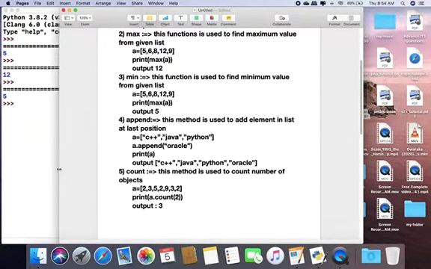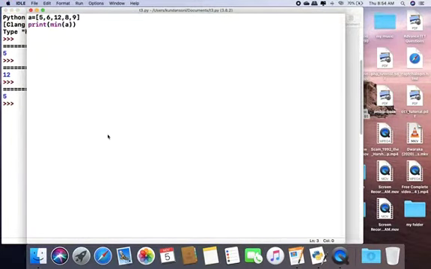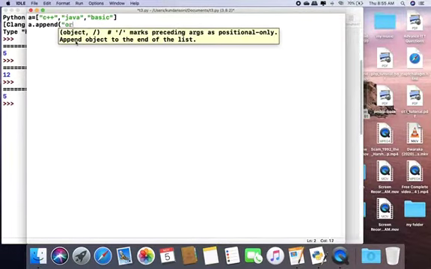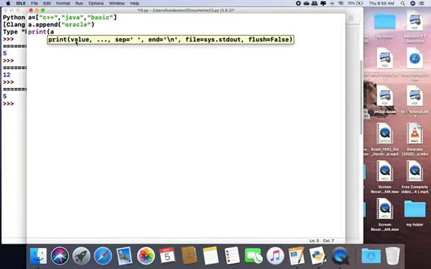So we can try this program in Python. If I write here a equal to C++, Java and anything, I write basic, and I write here a dot append Oracle, and now I write print a.